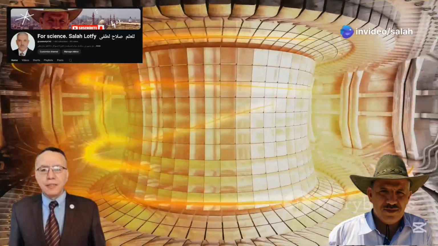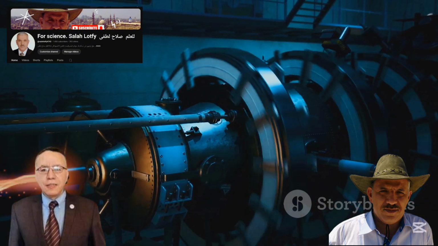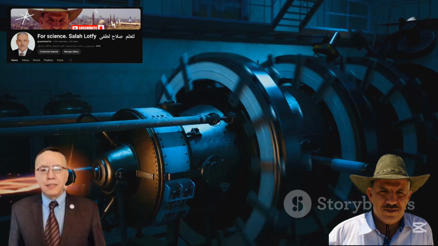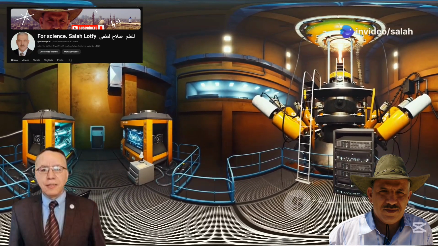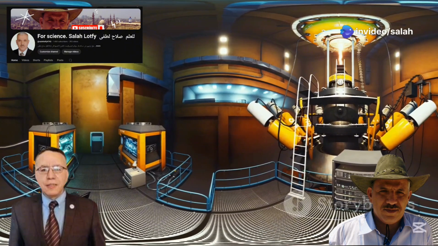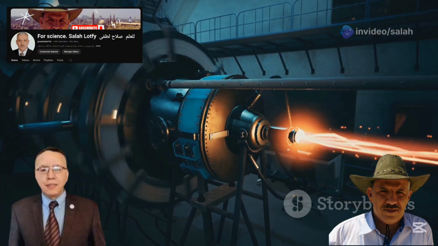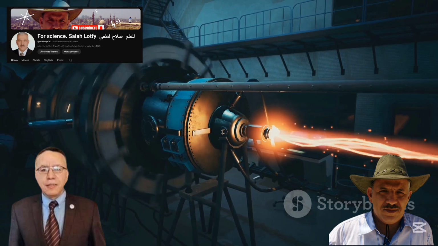In fusion reactors like ITER, scientists are attempting to recreate the conditions found at the heart of the sun. Extreme temperatures and pressures where hydrogen atoms fuse to form helium, releasing tremendous energy in the process. Cyclotron resonance is used to heat the plasma in these reactors to millions of degrees, bringing them closer to the